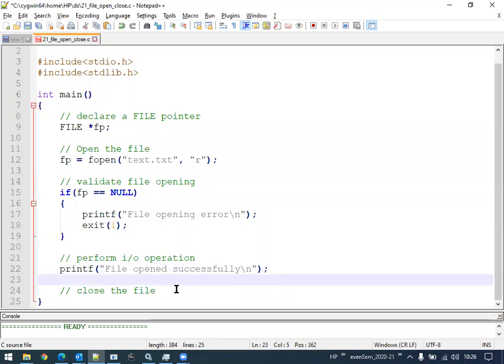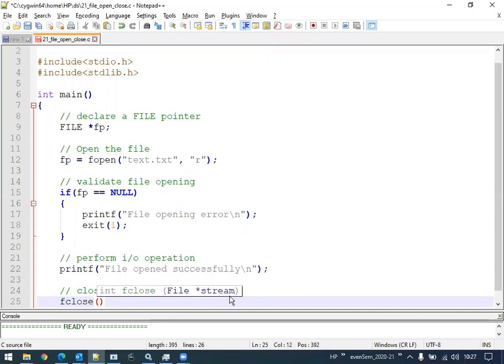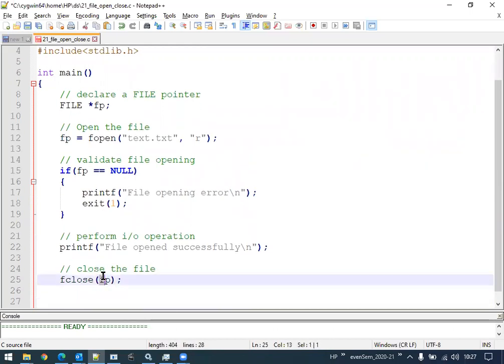Next, we need to close the file. To close the file, we write fclose and the file pointer, that is fp in this case. When this statement is executed, it will disconnect that file from the program. In the previous class we discussed that we need a mediator to connect the file with the program.